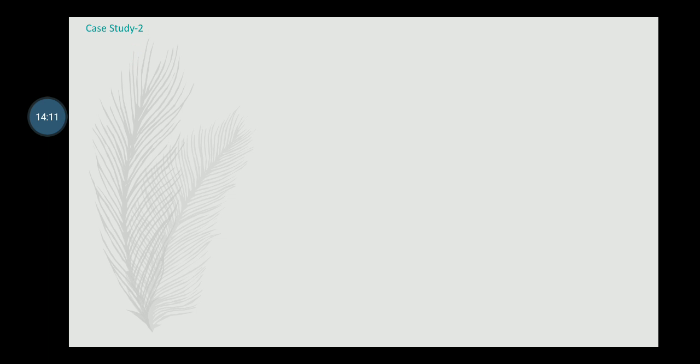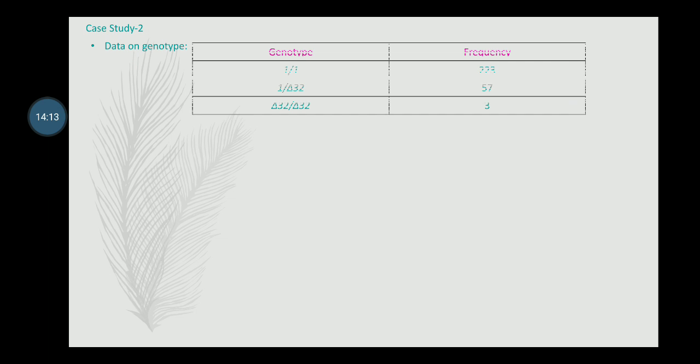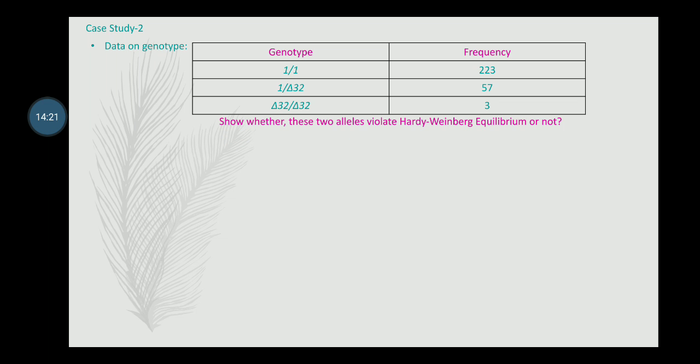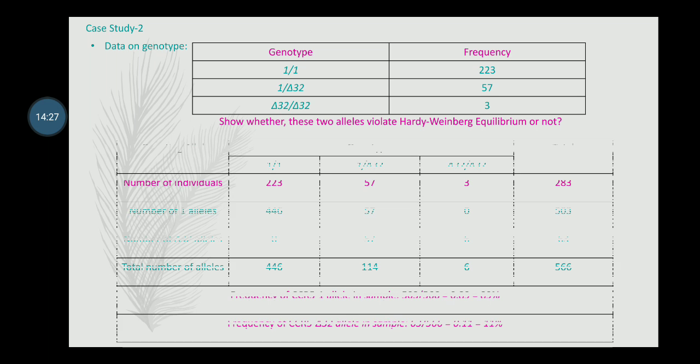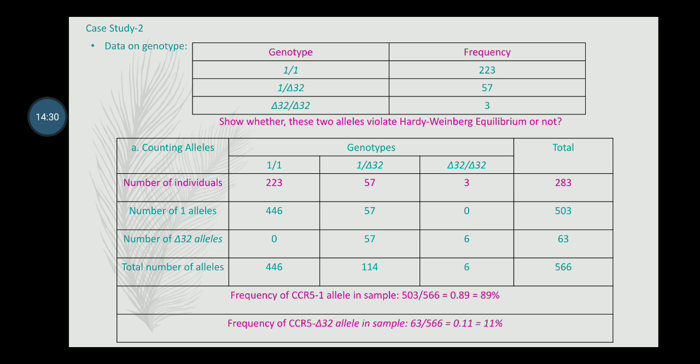Now, case study 2. Suppose, based on the same CCR5 gene, the genotypes and frequencies are given. And the question is whether these two alleles violate Hardy-Weinberg equilibrium or not. We will make a similar chart of the counting allele method to calculate the allele frequency, as there are 223 homozygous dominant